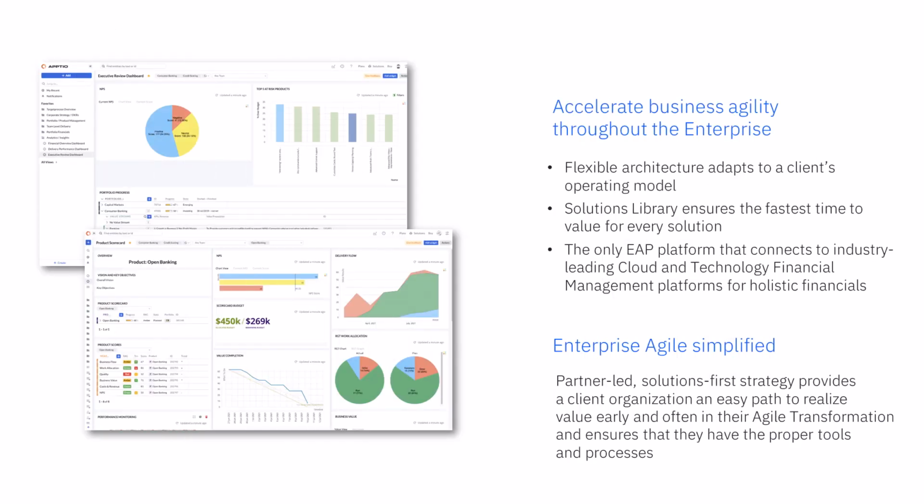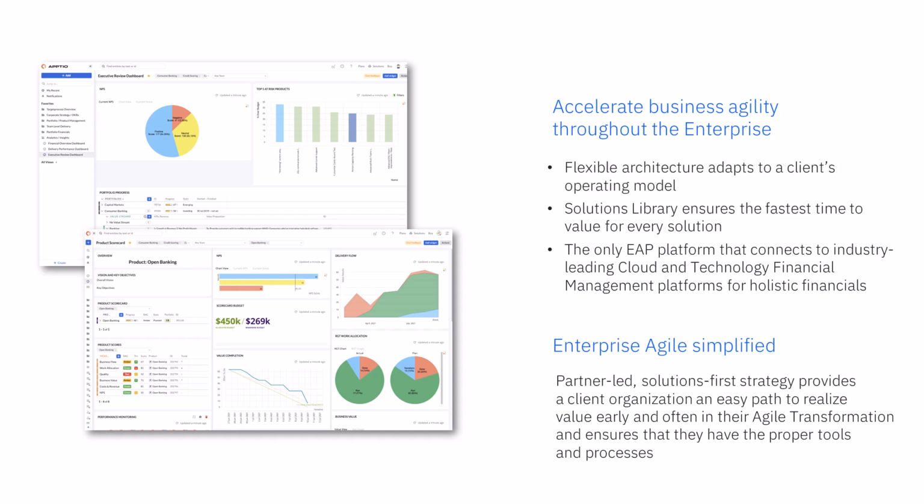With a flexible data model and a solutions-based configuration process, Target Process simplifies enterprise agile. Target Process is the only enterprise agile planning platform that connects to leading cloud and technology financial management platforms, enabling a more holistic view of